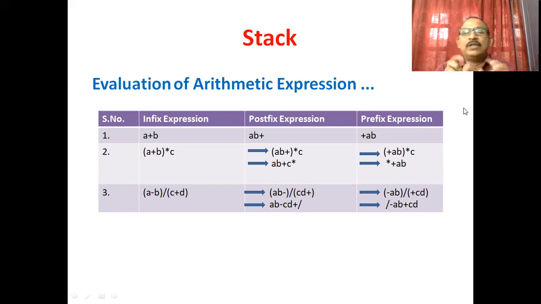So how will we convert this infix expression into a postfix expression? First we write the operands, followed by the operator. So what are the operands? A B plus, followed by C, and followed by the star. In prefix expression, A plus B is converted into plus A B, and now plus A B is a single operand and C is the other operand.